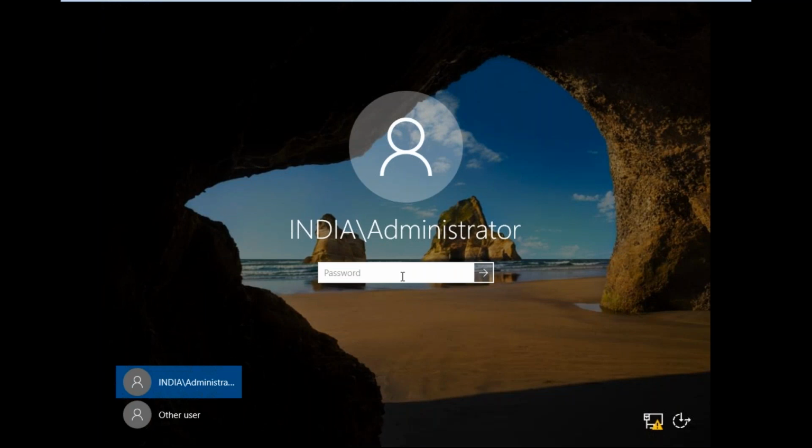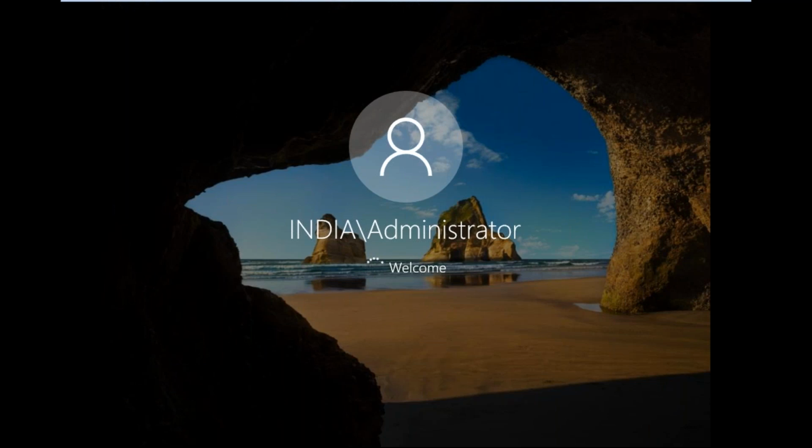Give the password. See what came here, India administrator. Previously only administrator came, now India administrator, the domain administrator. Give the password. Log into the domain controller.